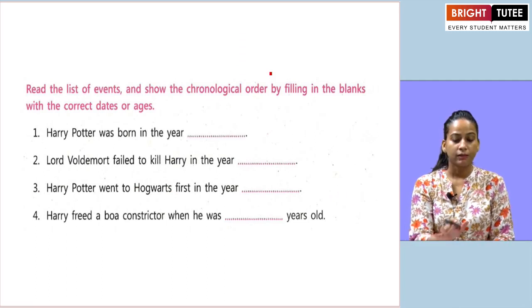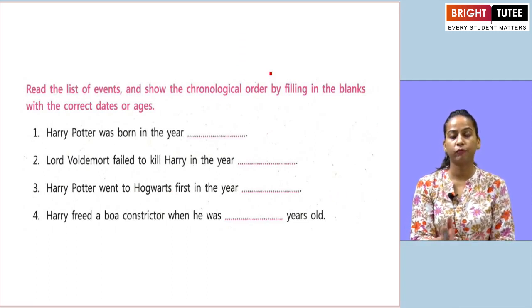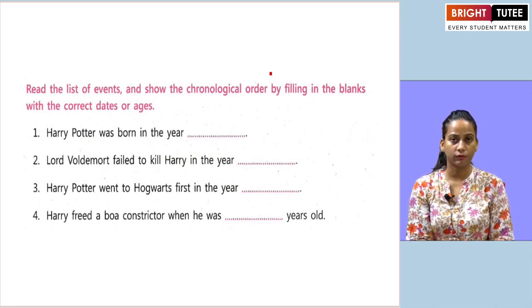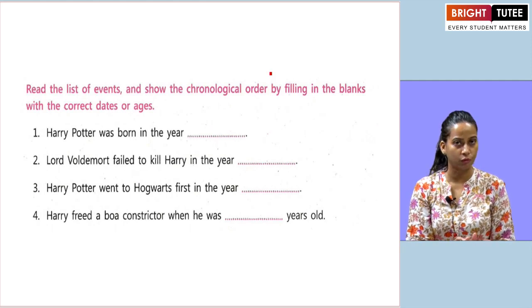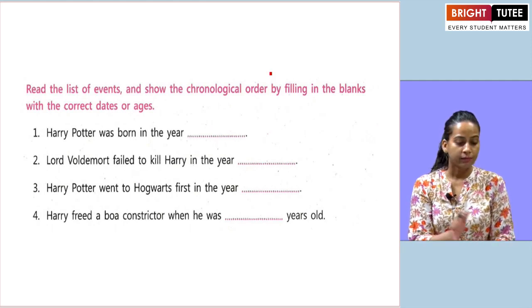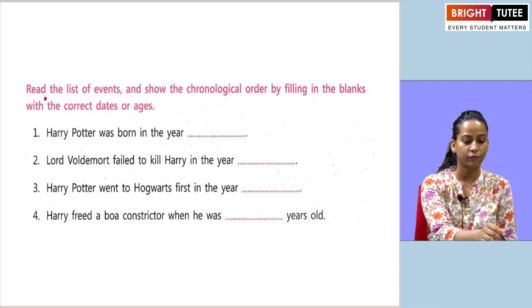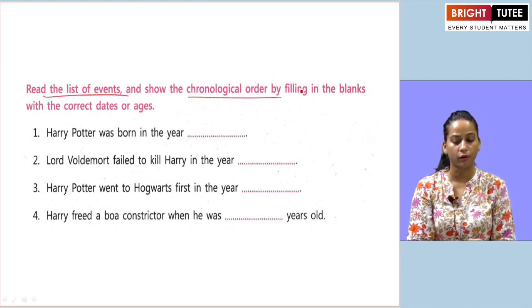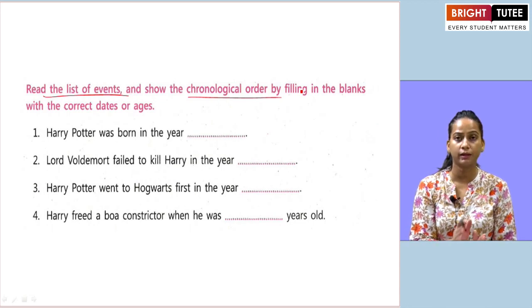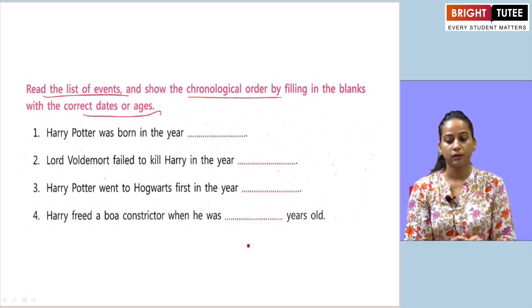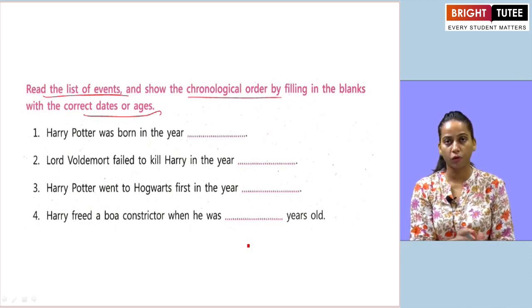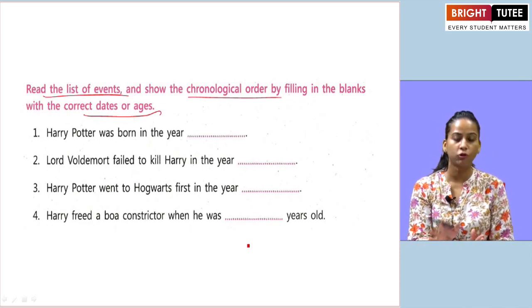given. Clear? As I already told you, before starting the reading part, you just have to go through the questions first so that you are going to keep focus. So hopefully you all did that. Now it will be easy for you because you have to read the list of events and show the chronological order by filling in the blanks with the correct dates or ages. So what we have to do is arrange it in the chronological order, meaning the proper date or the age we have to